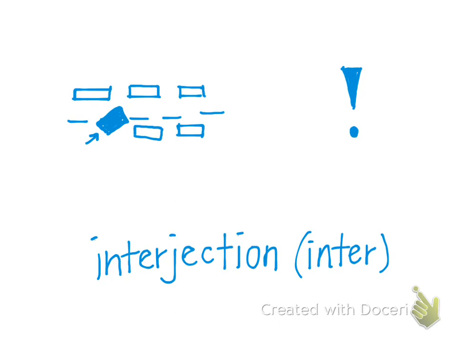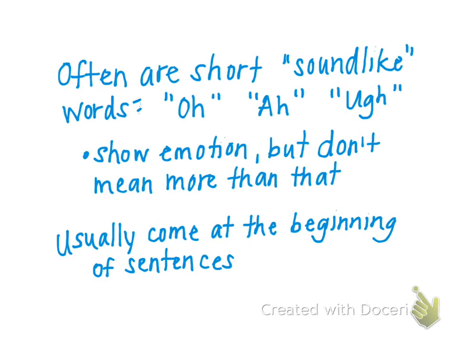So this is definitely an informal type of word. You don't use it really in formal settings. So, interjections, what are they? They are short emotional words. They don't really have a lot of meaning other than that, so they're often short sound-like words, so words like oh, ah, yuck. They show emotion, but they don't really mean much more than that, and they usually come at